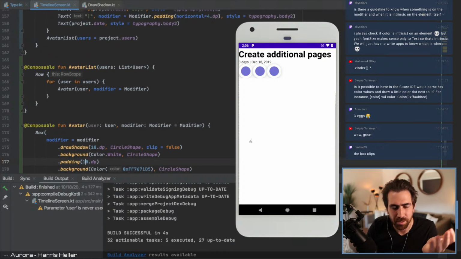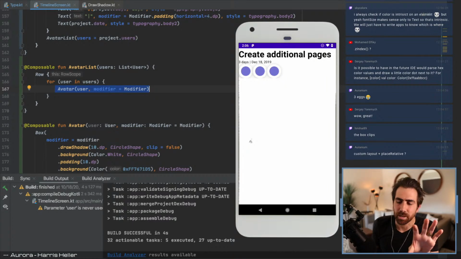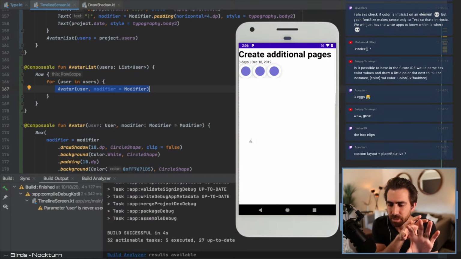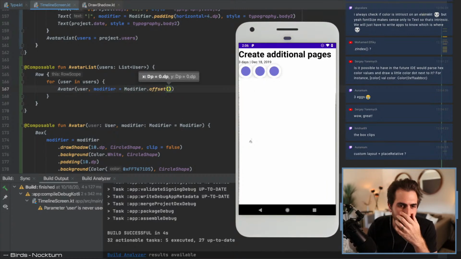It'll basically be 60 dp times the number of avatars. But I want them to stack on top of each other a little bit, and I don't want to just offset them because, well, actually, I guess I can't just use the offset. Maybe I should just try that. I thought it would work differently, but